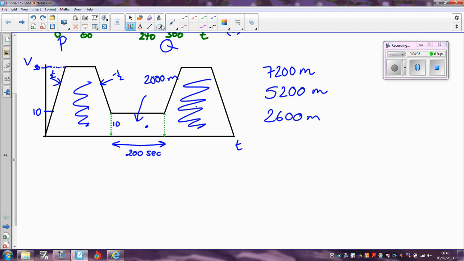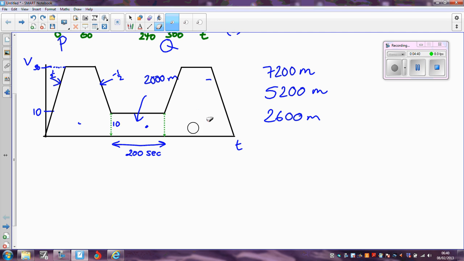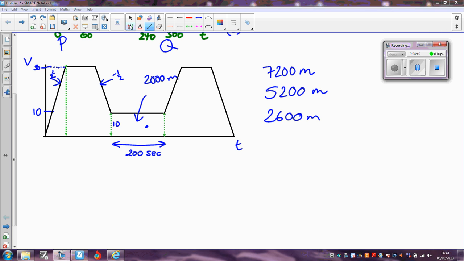Let's just rub out the wiggles there, so that'll help. Okay, so what we've got to do is work out the area basically of this section. First of all, if we look at this first triangle here, we know that the area of that triangle is just going to be half the base times the height. But we know if the acceleration is a half and the height is 30,